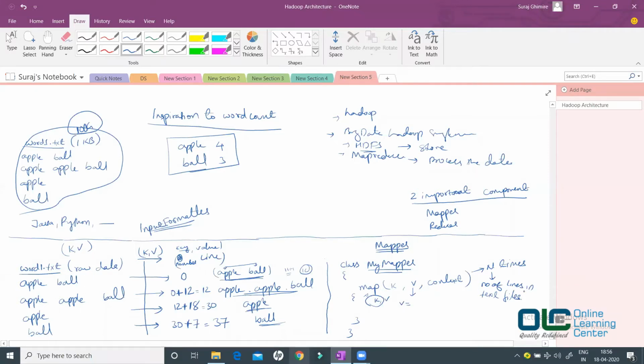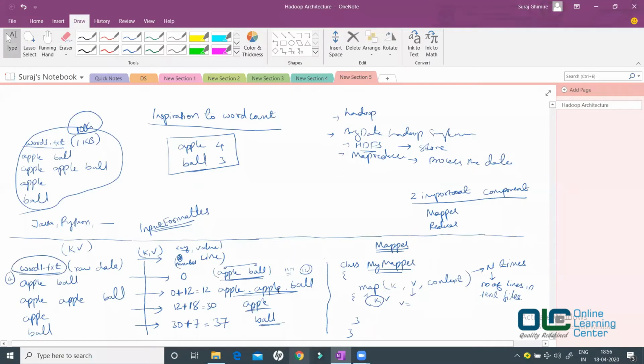If my text file word1.txt has 4 lines, then my map method will be called 4 times. If it has 1000 lines, then it would be called 1000 times. As simple as that. So this would be called n number of times, where n is the total number of lines in a text file.